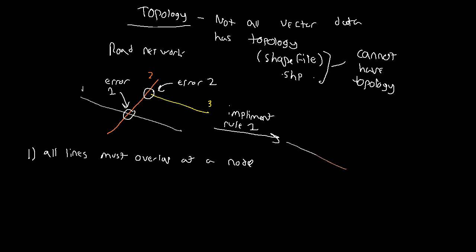So we would have something that looks more like this, right? Where now we have a segment where this whole thing here was one line before. It didn't care that it crossed over this one, right? After we implement the first rule, now we have 5 pieces,